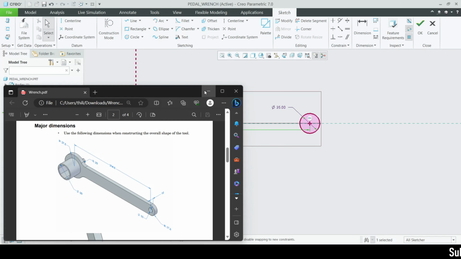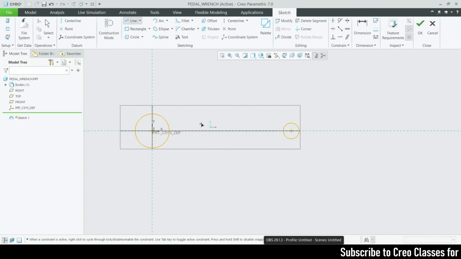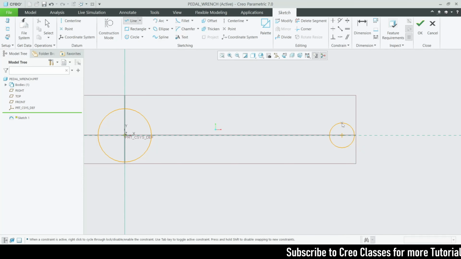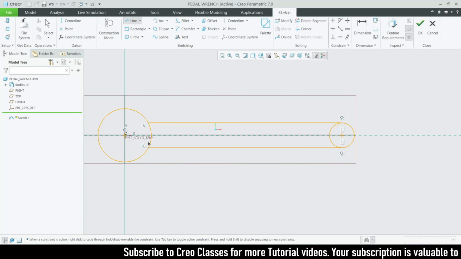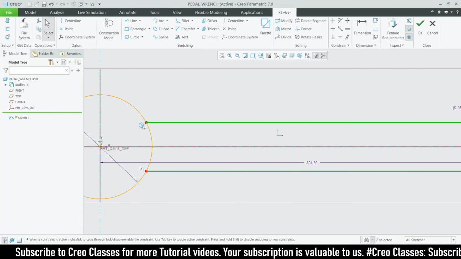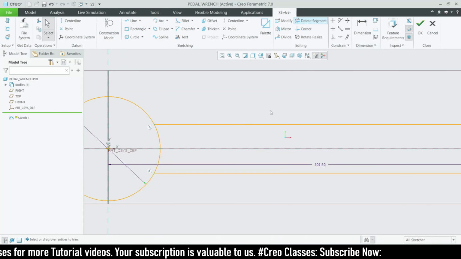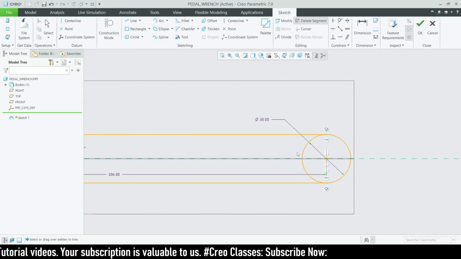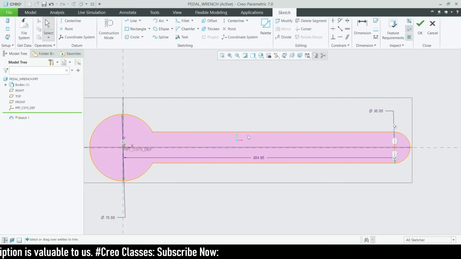Okay, so I'm going to draw a line like this from this midpoint tangent to this circle. Press escape button, and from this midpoint tangent to this circle. Okay, so this is not a tangent, it is just a coincident relationship. It is not a tangent relationship. So I'm going to delete these segments and just complete my sketch. As you can see, the pink color here, our part is completed, but we need to add some more circle